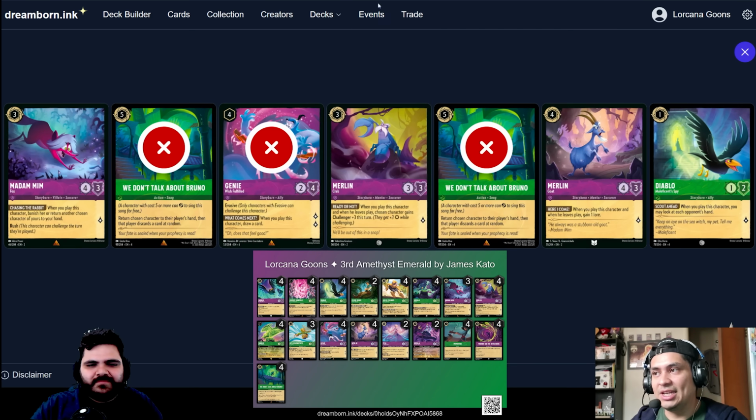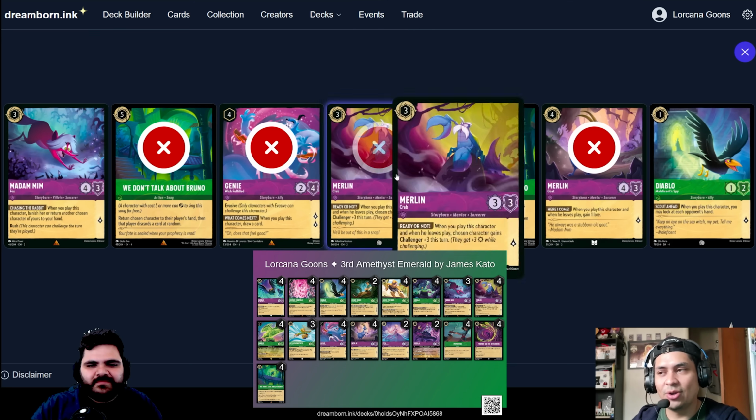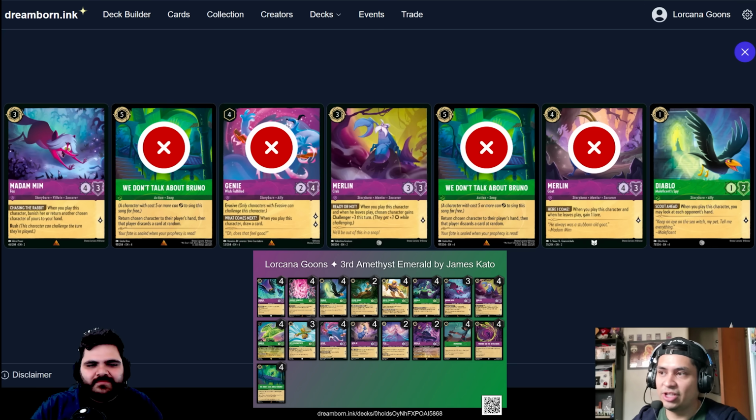I don't think we need to keep Genie or Goat if we're going second. There's just certain cards that I think might be a little bit stronger on curve, like Kit Cloud Kicker, maybe even Ursula Deceiver, because a 2-cost character would also be really good to follow up if we want to make sure our Crab and Madam Mim Fox resolve, especially against Amber Steel decks, Amethyst Steel decks, Ruby Sapphire a